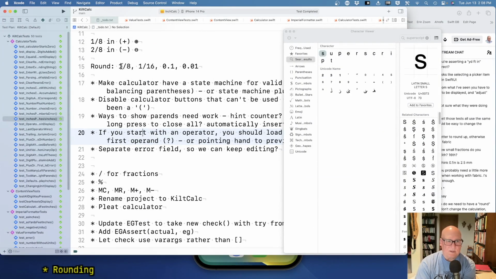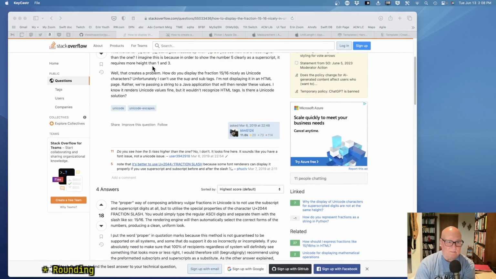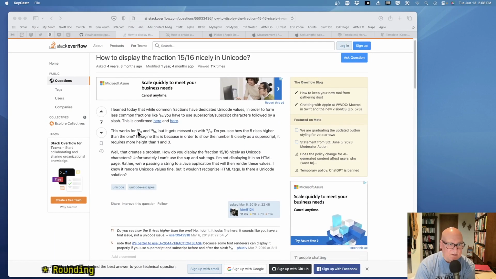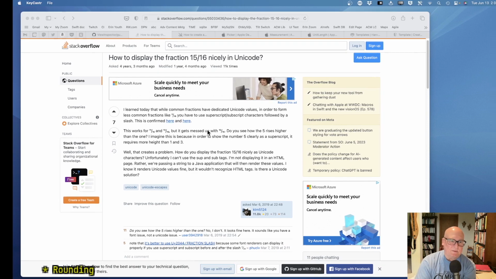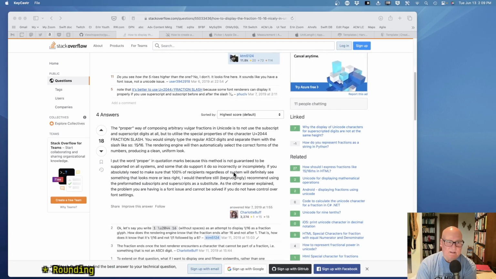But I also want to do this nice formatting for eighths and then a tolerable formatting for 16ths. It would be nice to be able to use the superscripts and subscripts so it looks good. Like they mentioned here, 11/16 looks good like this. But I can't do it with that font. So we'd have to play around with the font, and